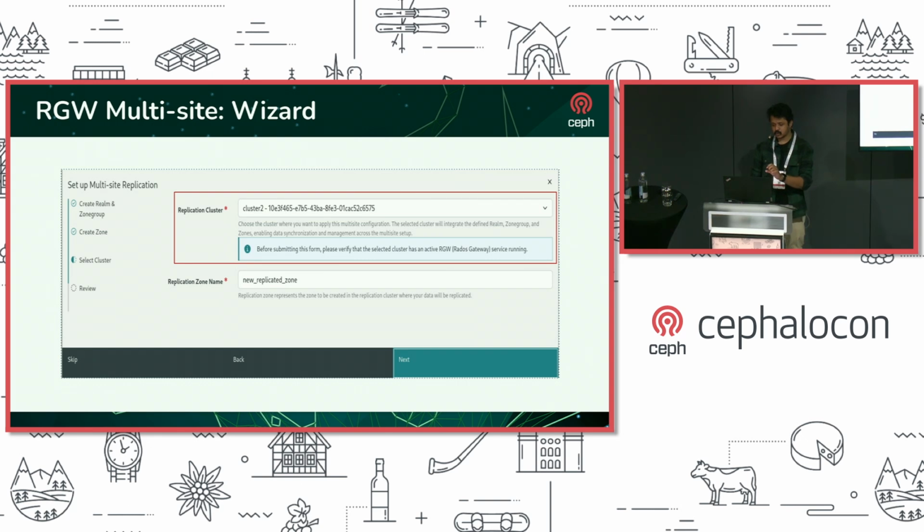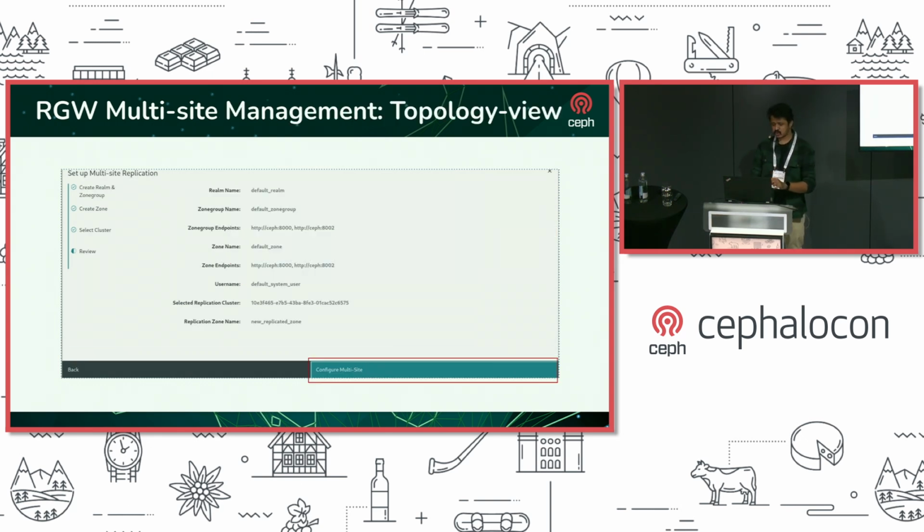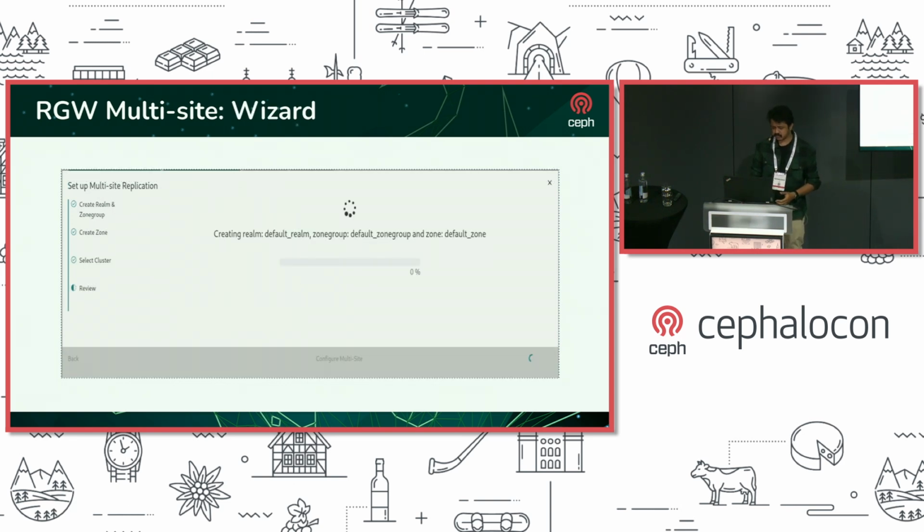That's something you will be selecting from here, and you review the whole thing. So it's basically a 4-step process, 1 step for review and 3 other steps for entering the basic details. Then you hit the configure multi-site button,